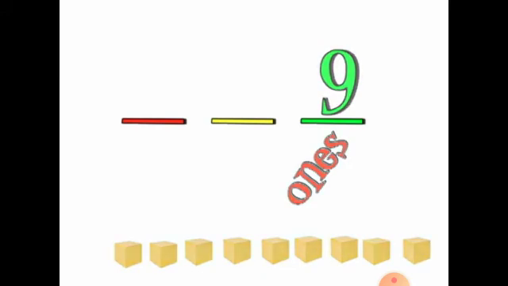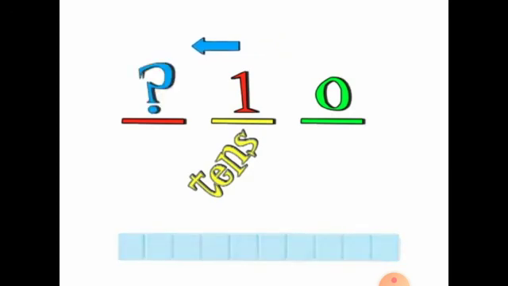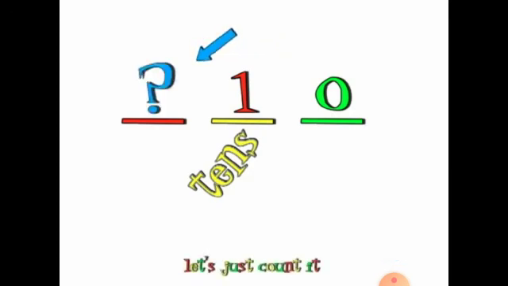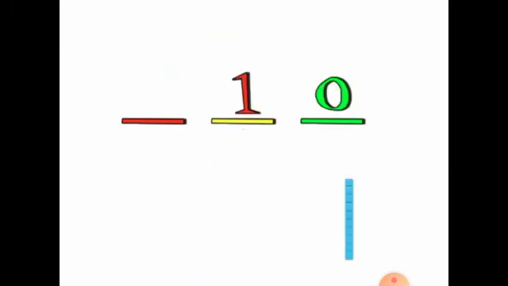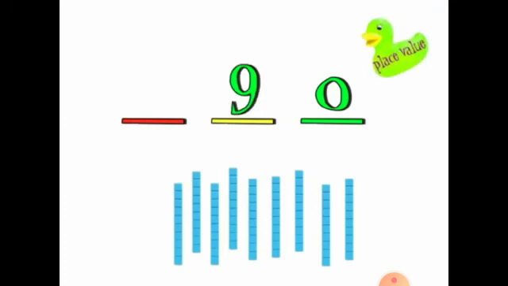What's after 9? Back to the tens place. That's the second space. But what's to the left? Do you know what's to the left? Let's just count it We'll count by tens. to see what's next. Here we go now. 10, 20, 30, 40, 50, 60, 70, 80, 90. What comes after 90? I think I